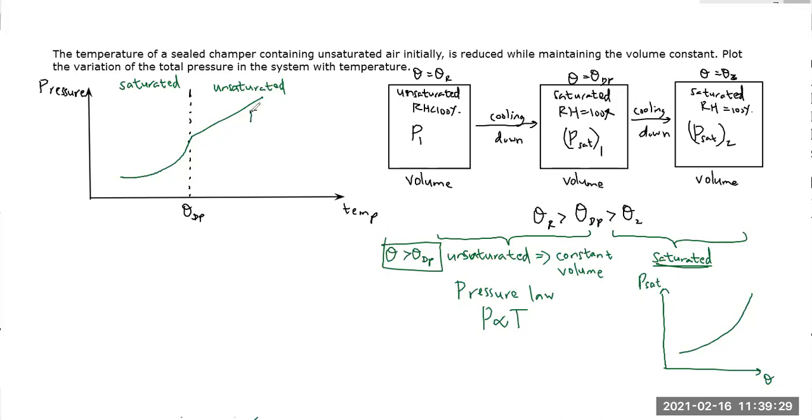Because here P is proportional to T, and here the graph is this. I have to consider this variation for saturated vapor pressure with temperature. So we have combined these two graphs. When P is proportional to temperature, when you plot the pressure with temperature, you will get a straight line graph. When the temperature is in degrees Celsius, the graph might not go through the origin, but still the line is a straight line. So you combine both of them and finally you get this graph.